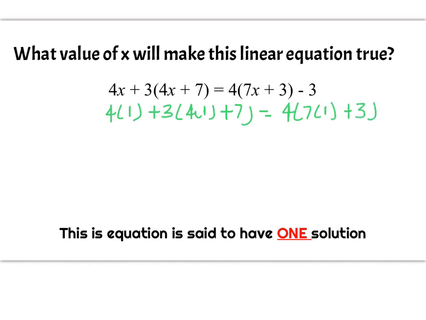So order of operations says I'm going to do parentheses first on both sides. And I can't multiply this. So 4 times 1